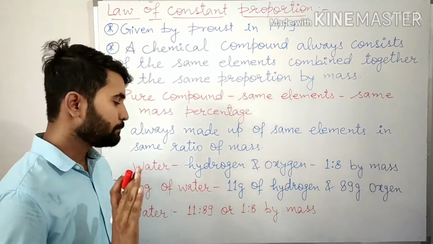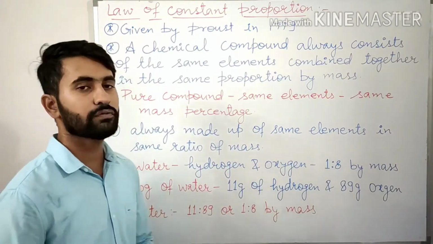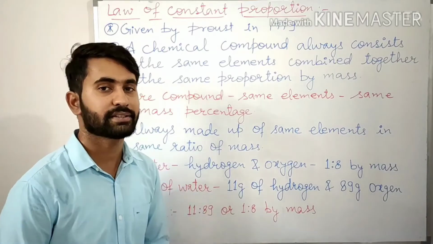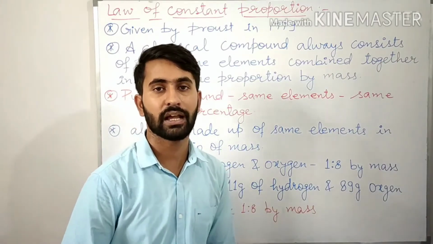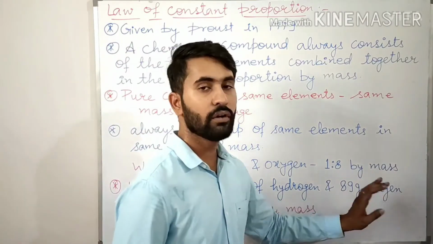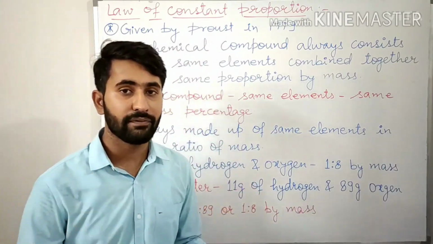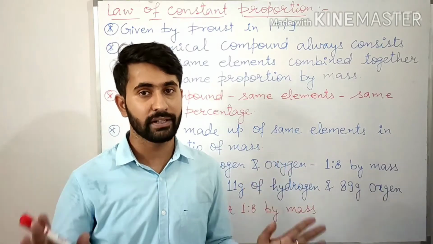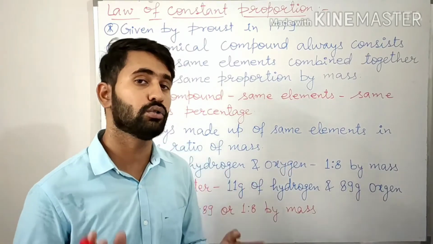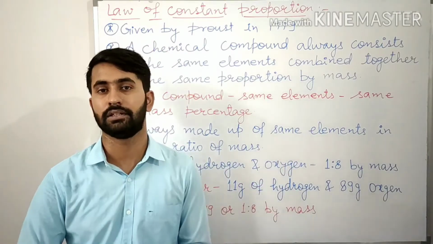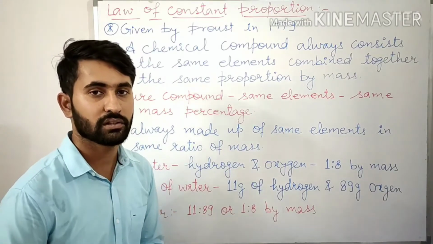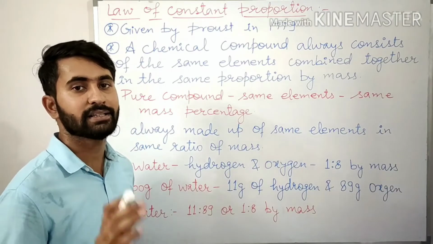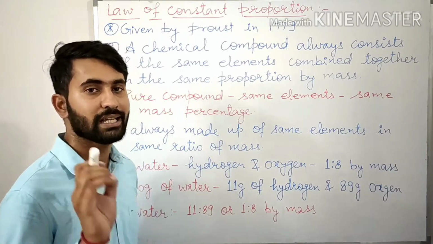So if we decompose 100 grams of water using electricity, then we will get 11 grams of hydrogen and 89 grams of oxygen. Even if we take water from different sources, we will get the same result. So in water, the hydrogen and oxygen are always combined in the same proportion or same ratio